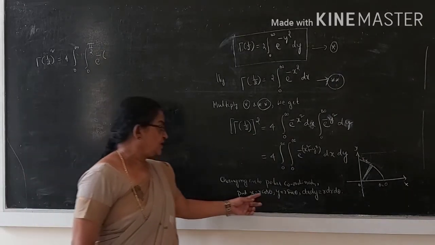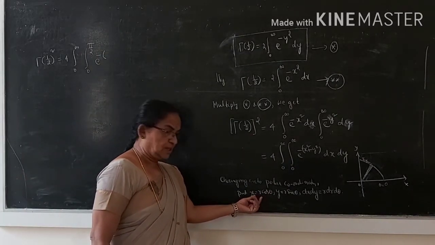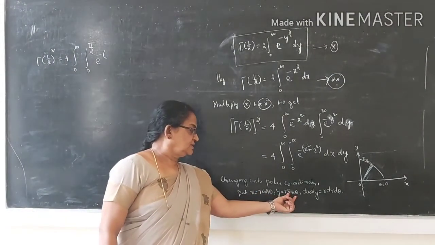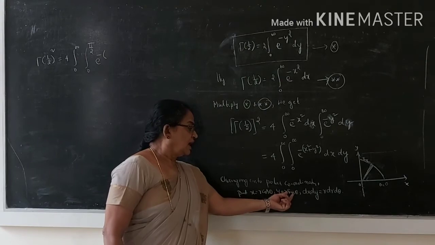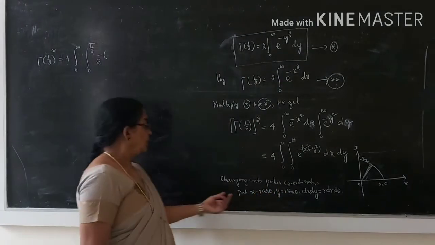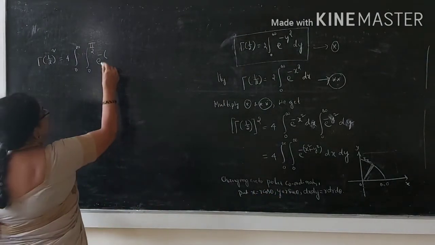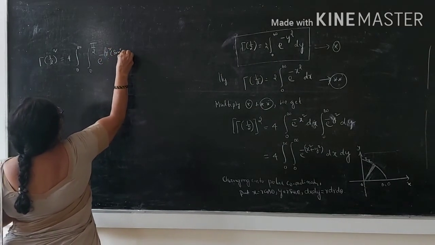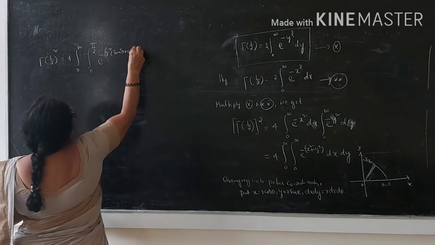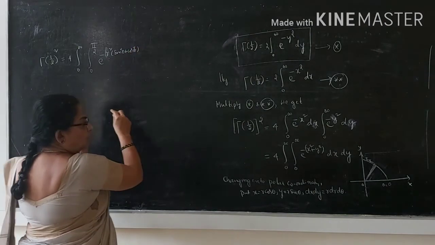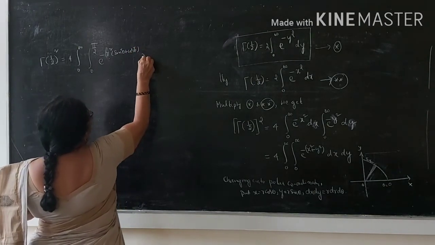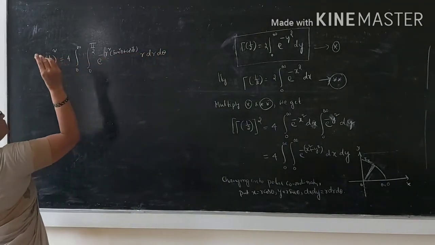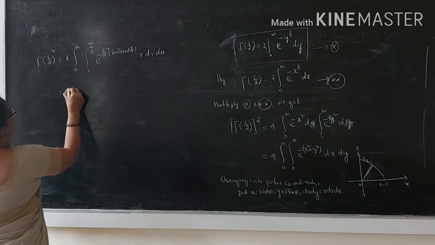If I substitute x is equal to r cos theta, your x square is going to be r square cos square theta, and y is equal to r sin theta, so y square is equal to r square sin square theta. Therefore, x square plus y square is equal to r square into sin square theta plus cos square theta, into dx into dy, that is r into dr into d theta. Okay, now this is equal to